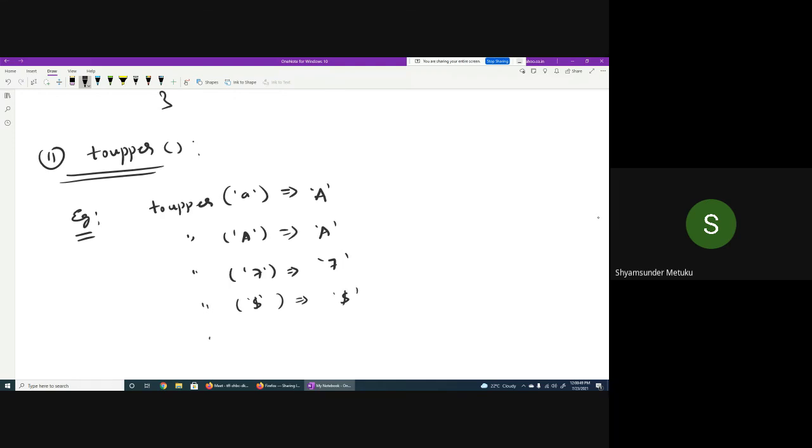Then if you give a string, what is the output? If I give a string to the toUpper, what is the output? Respond fast. We are running out of time. Error. There's an error because the input we are expecting for the character functions. No, all these are character functions. So input must be a character. It should not be a string.